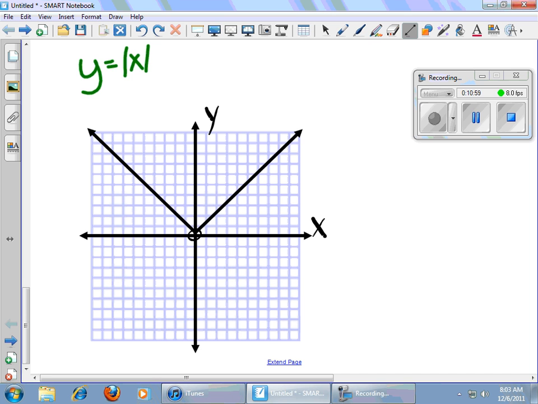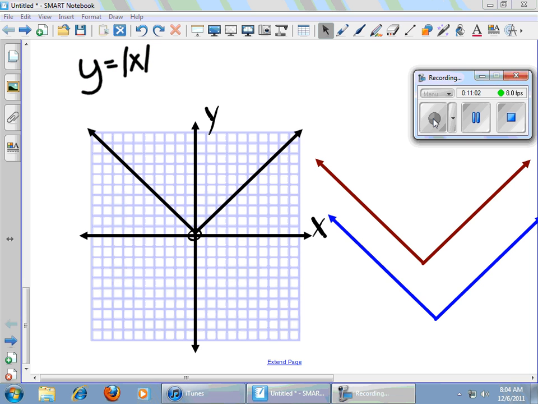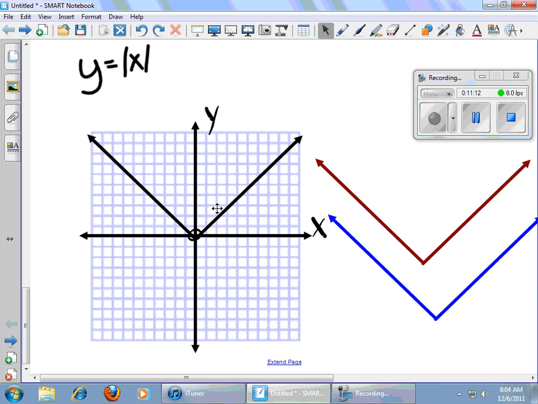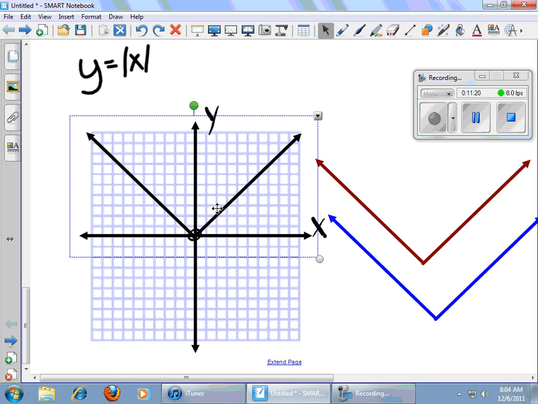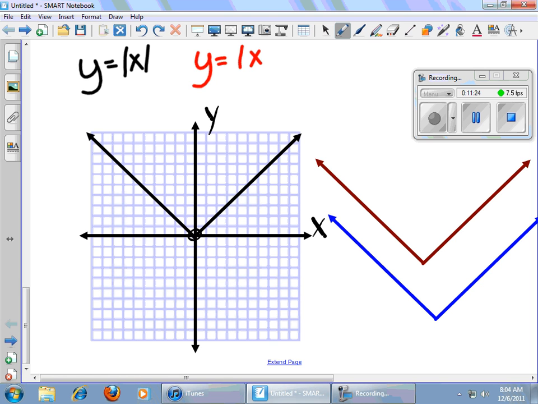Okay, let me group those together. Okay, so the black equation, I changed it from green to black, looks like that V right there. Its vertex is at the origin. On the right side, it's got a slope of 1 over 1. Left side, it has a slope of negative 1 over 1. Okay, 90-degree angle. Okay, now if I have an equation like this, y equals the absolute value of x, say